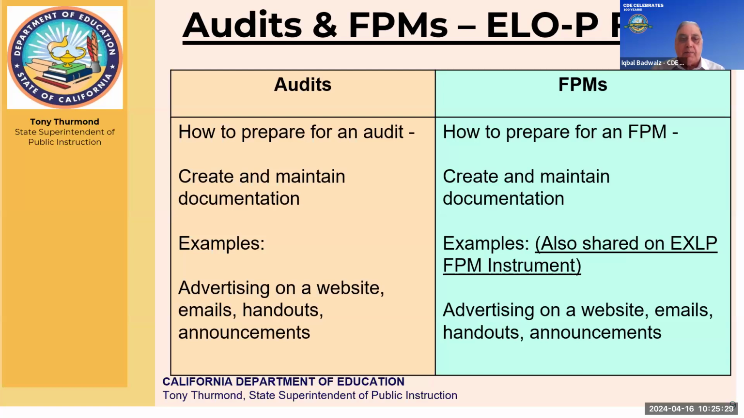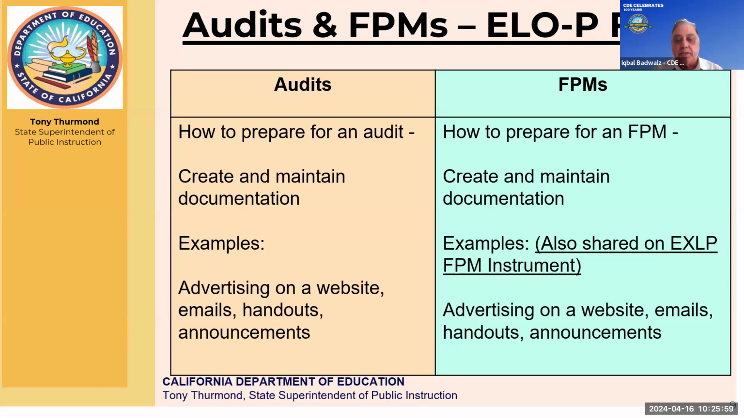Now, going over a couple of examples on how to prepare for an audit. Provide a copy of the ELO-P program plan to your auditor. Simplest, first thing to do. Provide a copy of communications sent to the families about the ELO-P program. Provide a list of registration forms received by the LEA. Provide a master list of students enrolled. Provide the attendance calendar, which is basically a school calendar. Provide